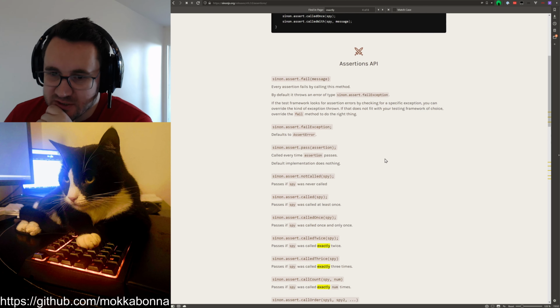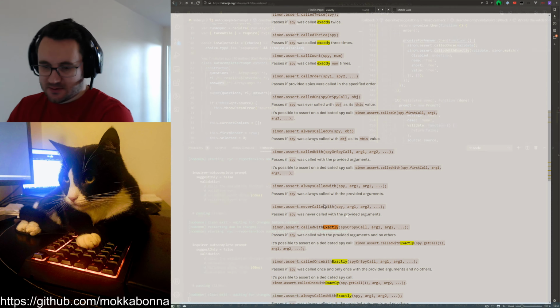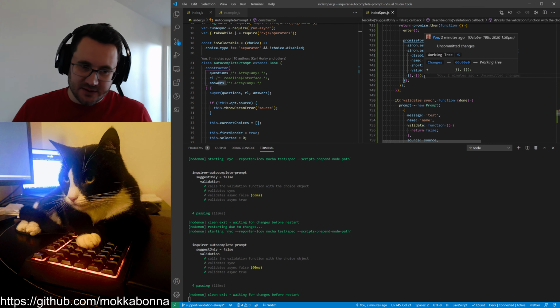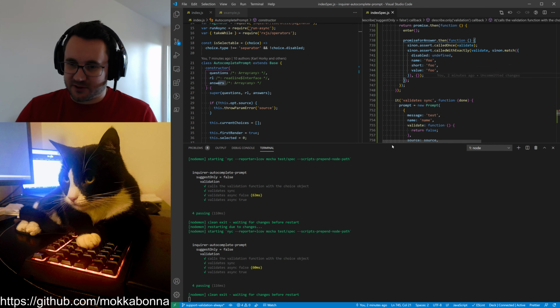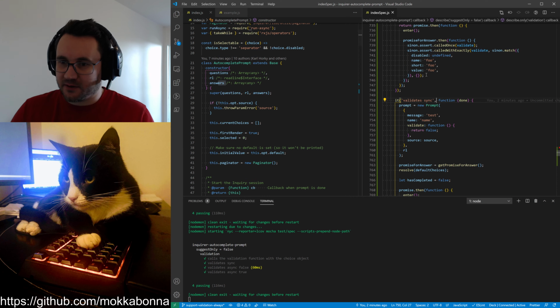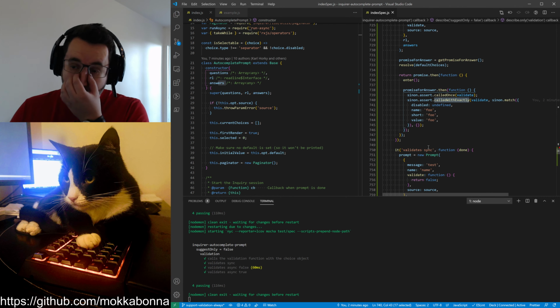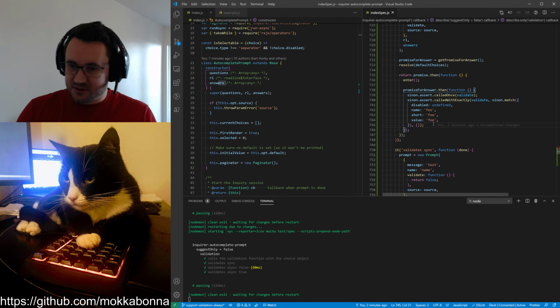Is there no way for me to check exactly the object that is called? It's not really important here, it's going to be the same. I'm just trying to learn a little bit more about Sinon here. So the question is, can I, I think I can do something like